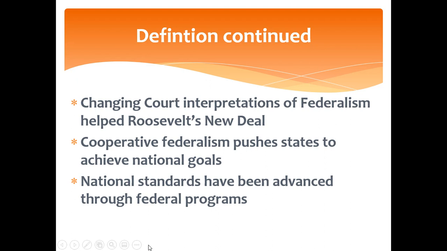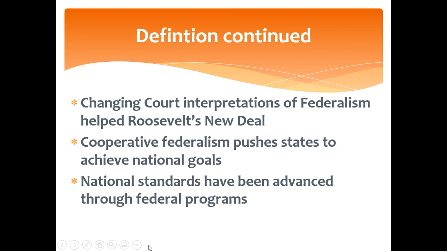Let's look at using money to get what they want. Starting in 1937, under this cooperative federalism, this marble cake federalism, we saw this grant in aid as something called a categorical grant. A categorical grant is money from a higher level of government. This would be money from the federal government to the states, but with strings attached.